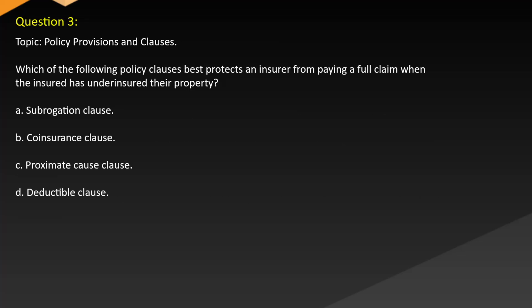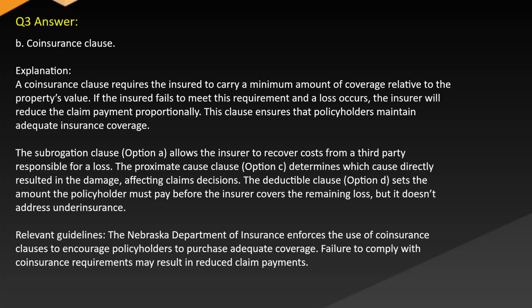Which of the following policy clauses best protects an insurer from paying a full claim when the insured has underinsured their property? A. Subrogation clause. B. Coinsurance clause. C. Proximate cause clause. D. Deductible clause. Answer: B. Coinsurance clause. Explanation: a coinsurance clause requires the insured to carry a minimum amount of coverage relative to